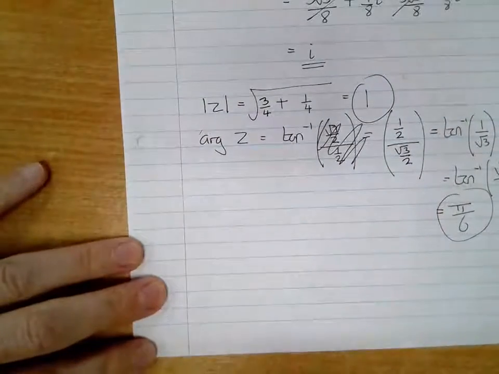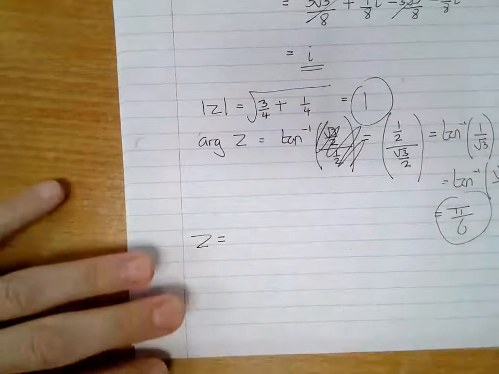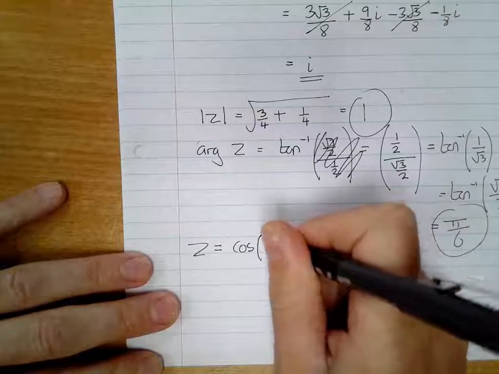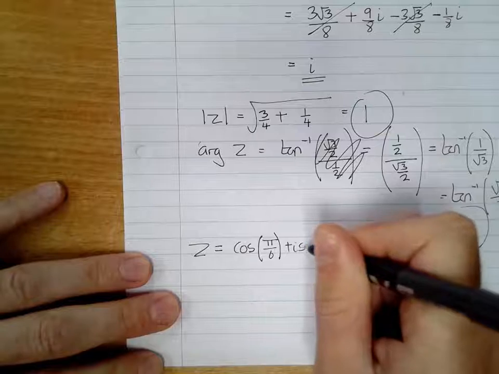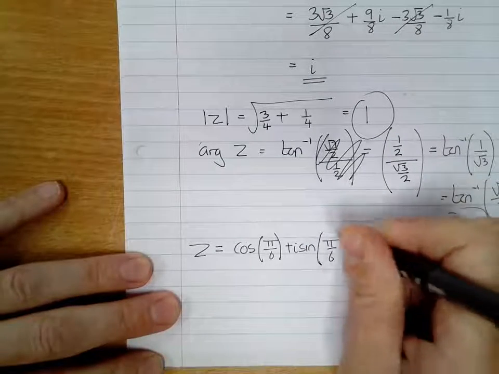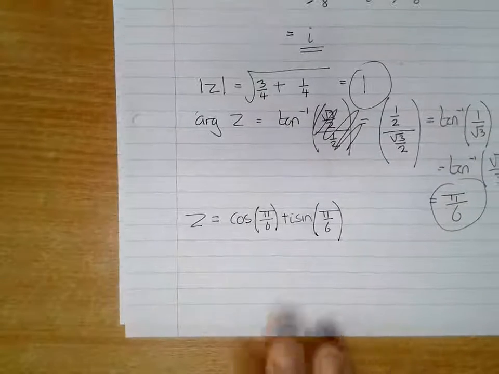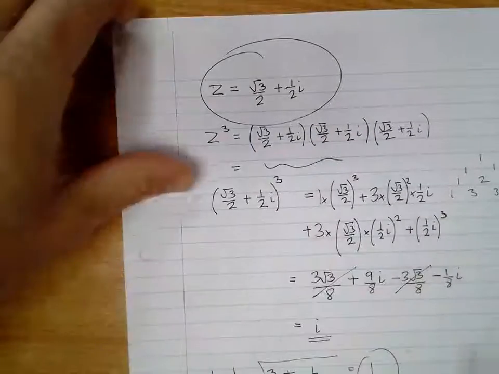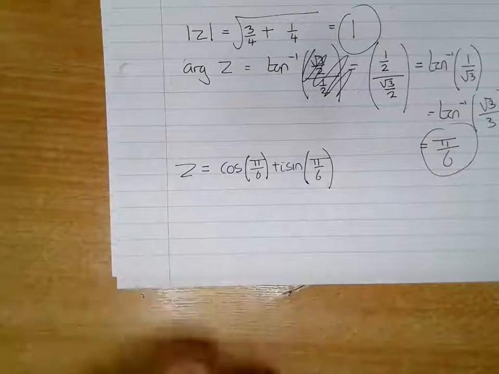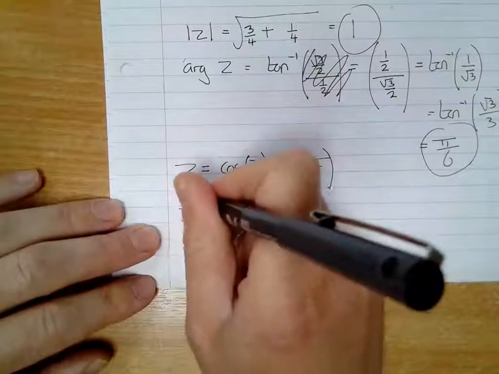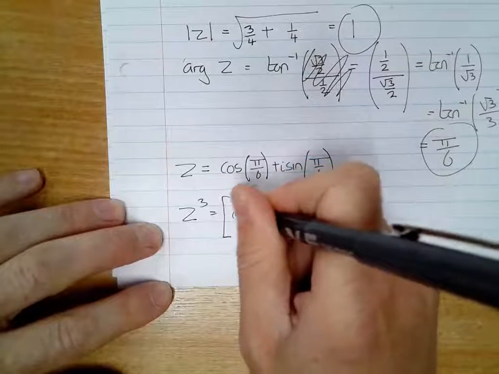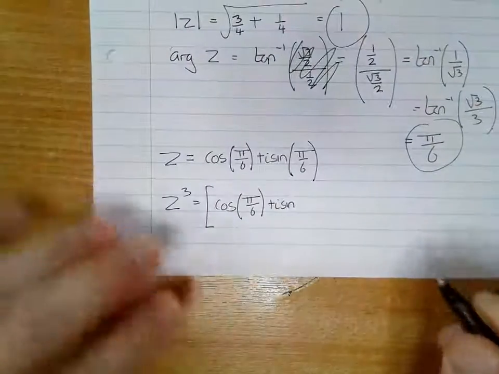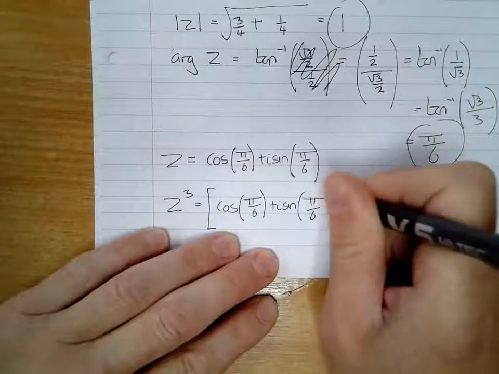There, so I've got my modulus and my argument, so I can now write z in the form r cos theta plus i sine theta. r is 1, so I won't bother with that. So I just end up with cos of pi over 6 plus i sine of pi over 6. So all I've done is write z, which is given in a plus ib form here, in modulus argument form here, and now I'm going to cube it. So z cubed is going to be cos of pi over 6 plus i sine of pi over 6